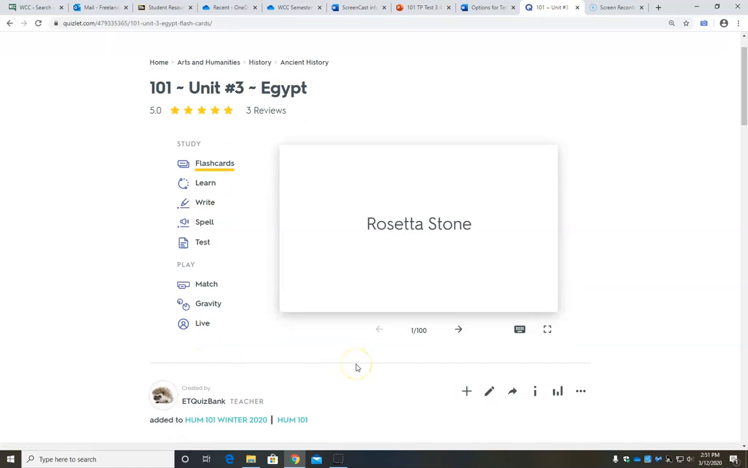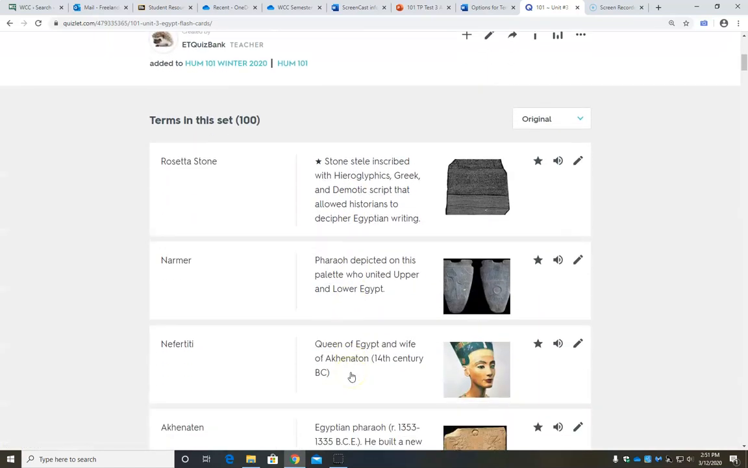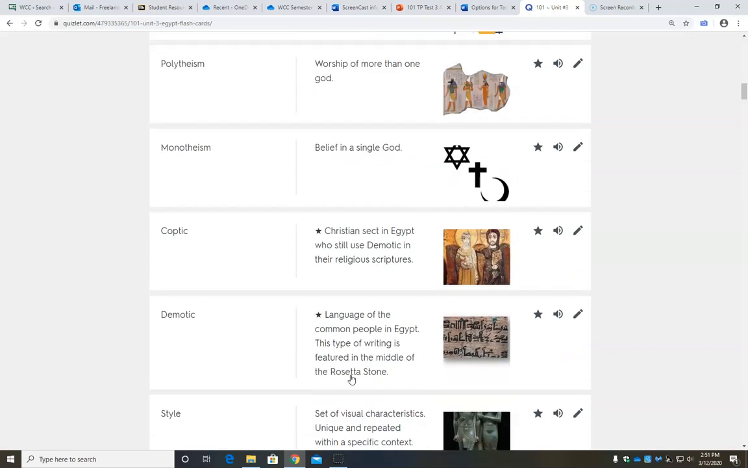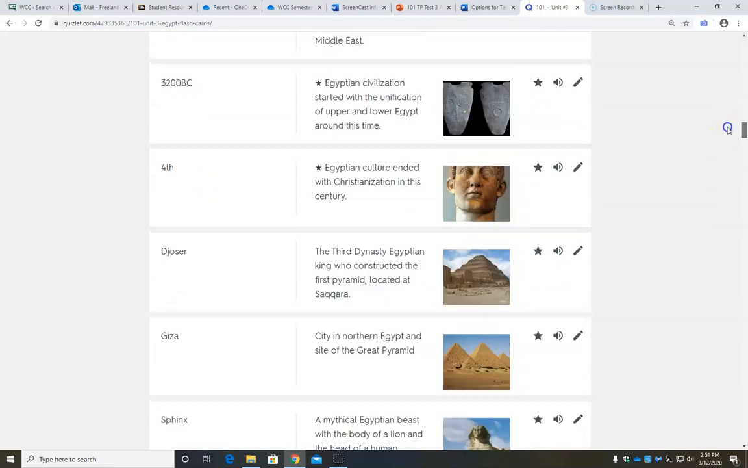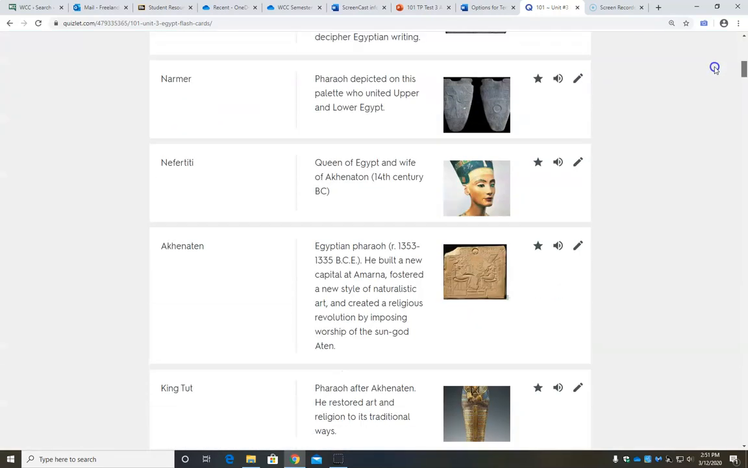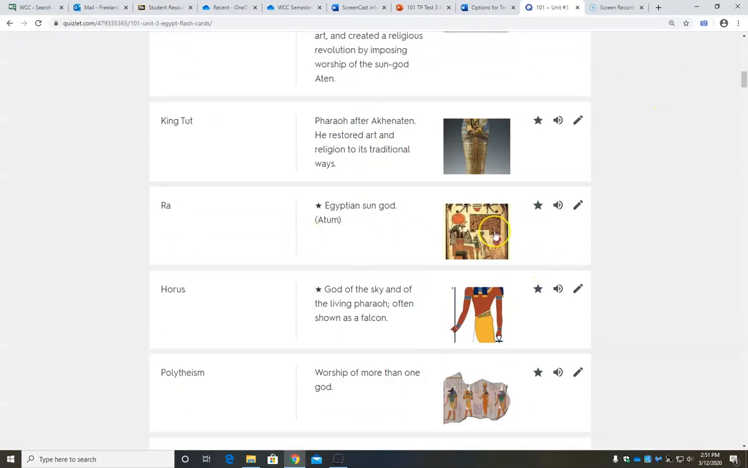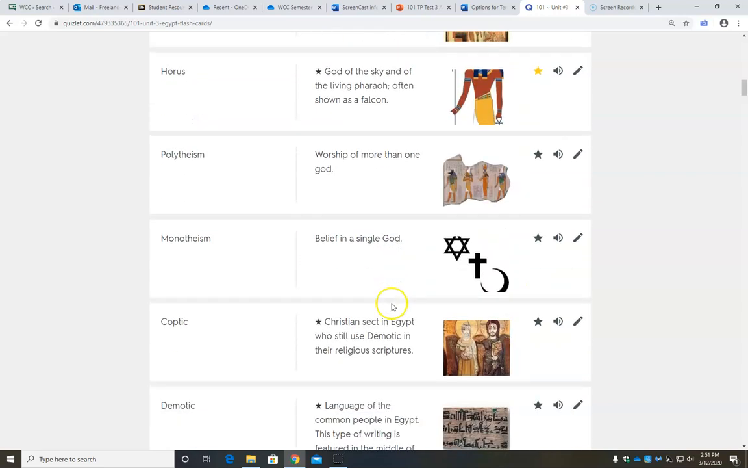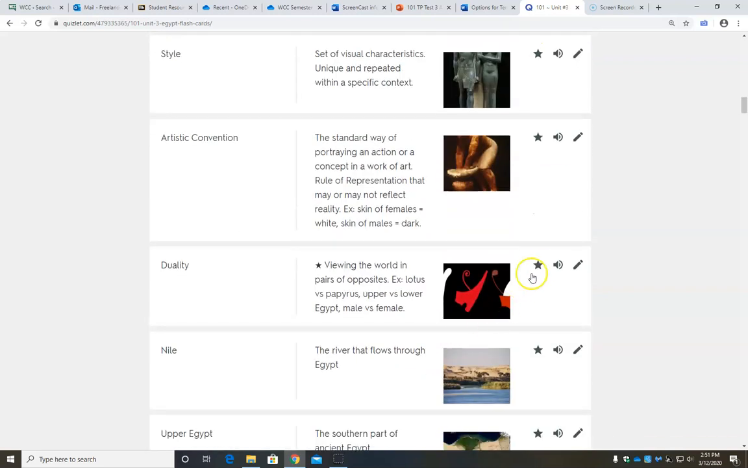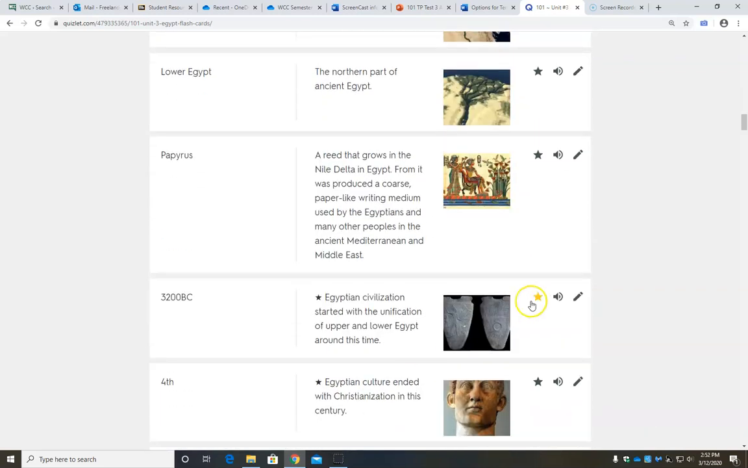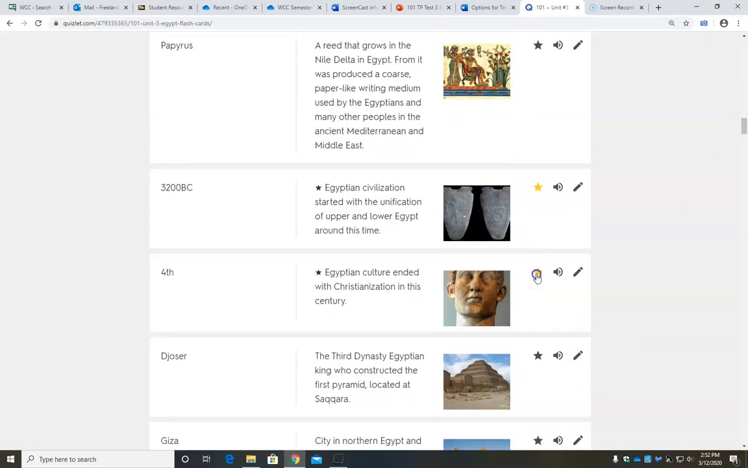So here I am. I can see all of the terms and definitions and pictures here. I can scroll through and get an idea of what I need to study. And this is also where we have the star option, where you can click the stars to correspond with the stars that we've given you in the definitions. I would recommend doing that. And then once you've clicked all of your starred